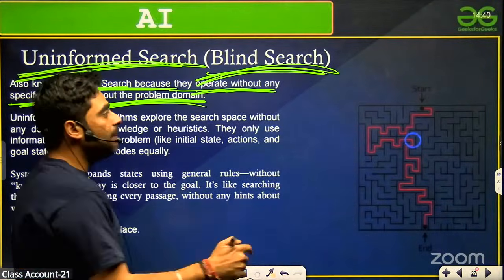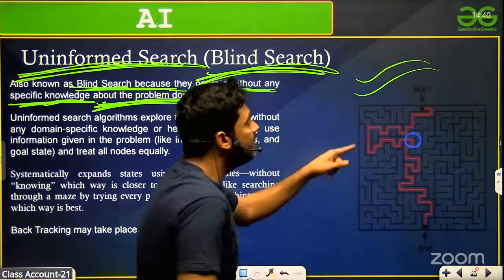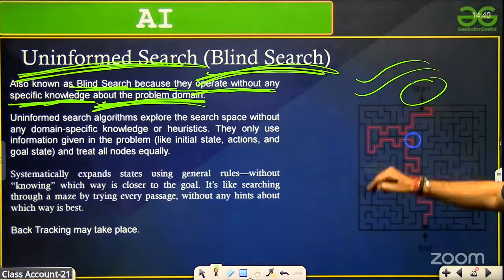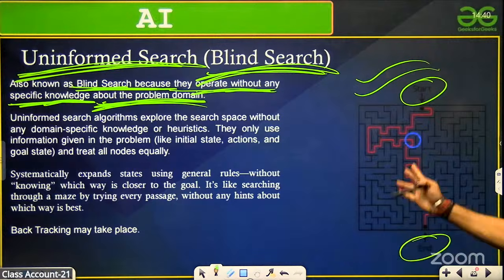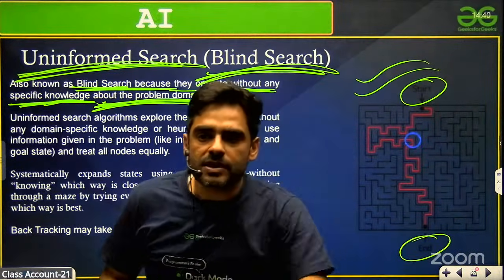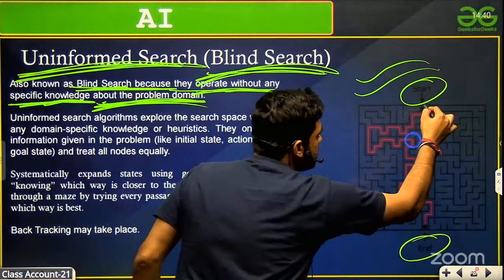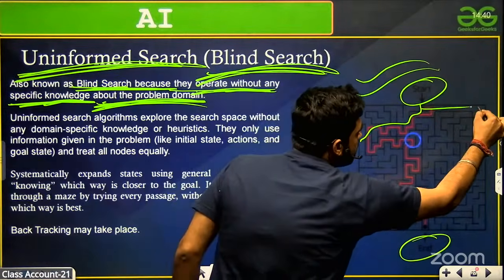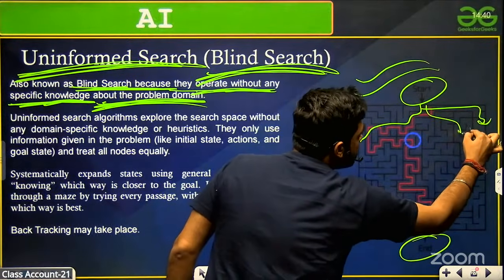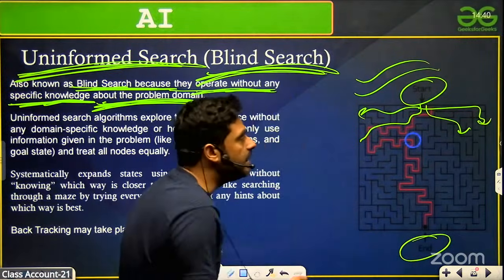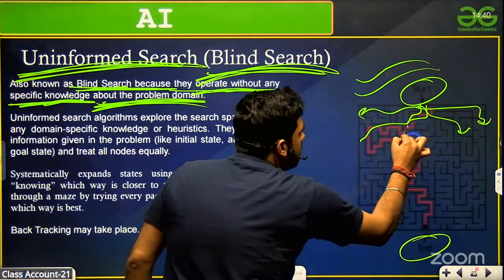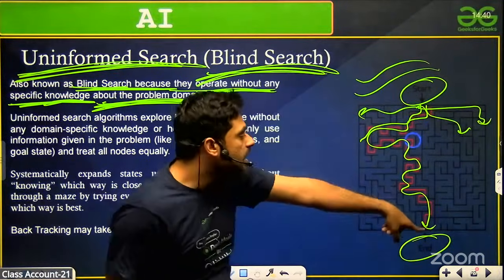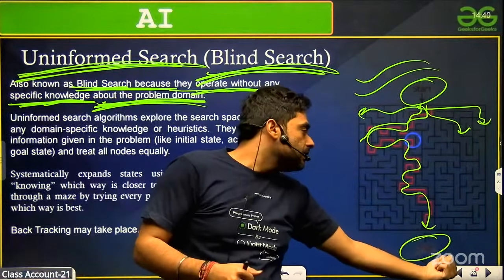And the best example is, I hope you must have solved these problems in newspapers or puzzles. You have to start from the start and reach the end. How do you solve this? You start with a certain path, no? You travel a certain path, it is a dead end. Then you travel another path, dead end. Then again another path, dead end. Then once you get a path that reaches from start to goal, the goal is reached.